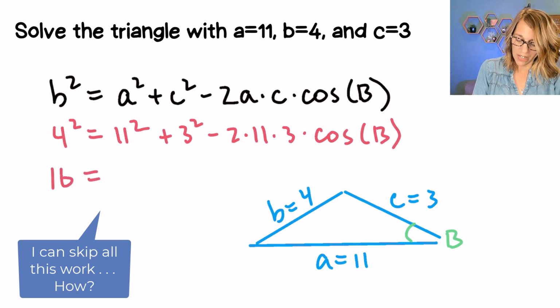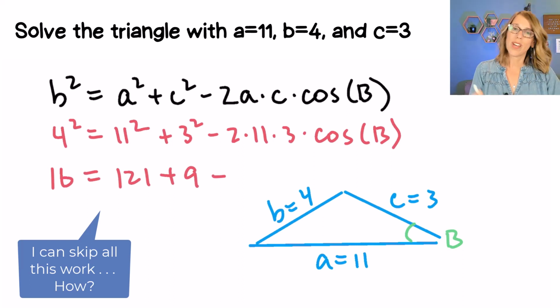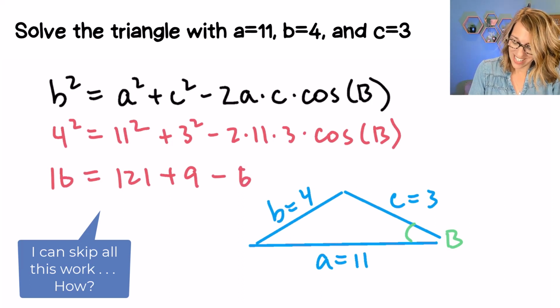This is going to be 121 plus 9 minus 2 times 11 is 22 times 3 is 66. So minus 66 cosine of angle